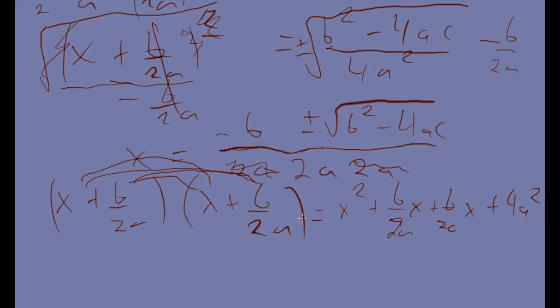And then we'd be like, huh, those don't look right, do they? Combine those up, we get 2b over 2a